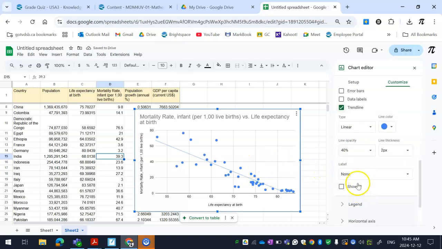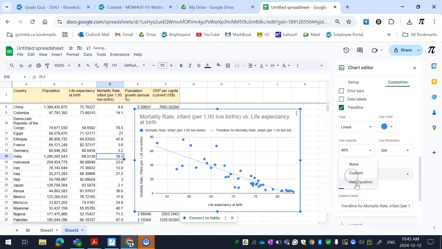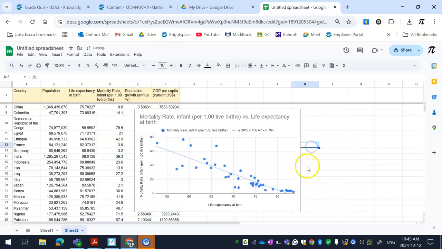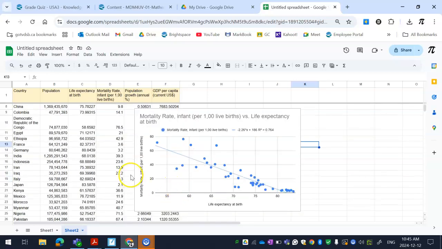And then you also want to show the R squared probably and the equation. So what this is telling me right now is for life expectancy, as life expectancy increases, infant mortality rate happens to go down. So in reality, these probably are opposite, right? You would want infant mortality rate to be your independent variable. So if that was the case, if you wanted to do that,